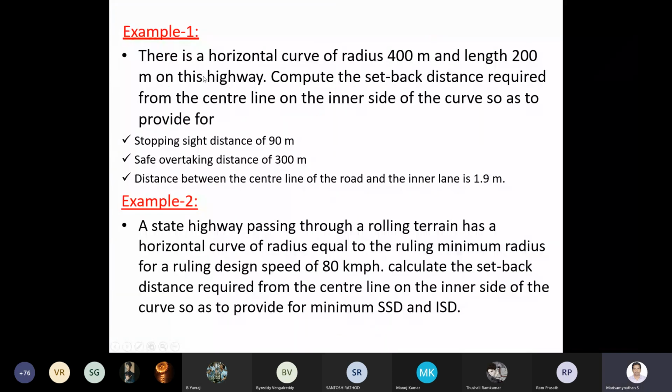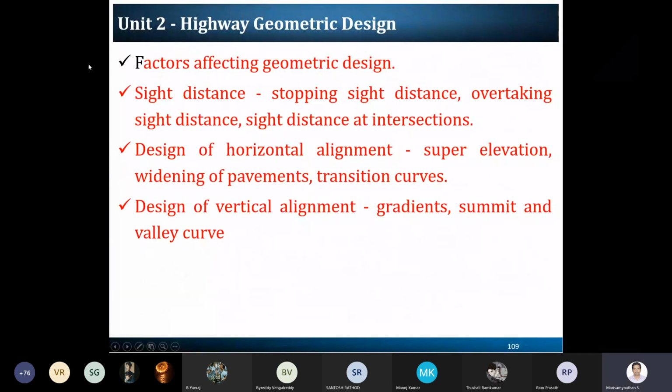Yes, here I am concluding our second unit. A little bit lengthy, I understand, but I tried to cover it with some interest. Hope you are getting that knowledge in the field of highway geometric design. Still, I have circulated the materials, and today's materials also I will finalize and put in our MS Teams groups. So you go through all the materials of the second unit, including the problems, where we covered initially we have started